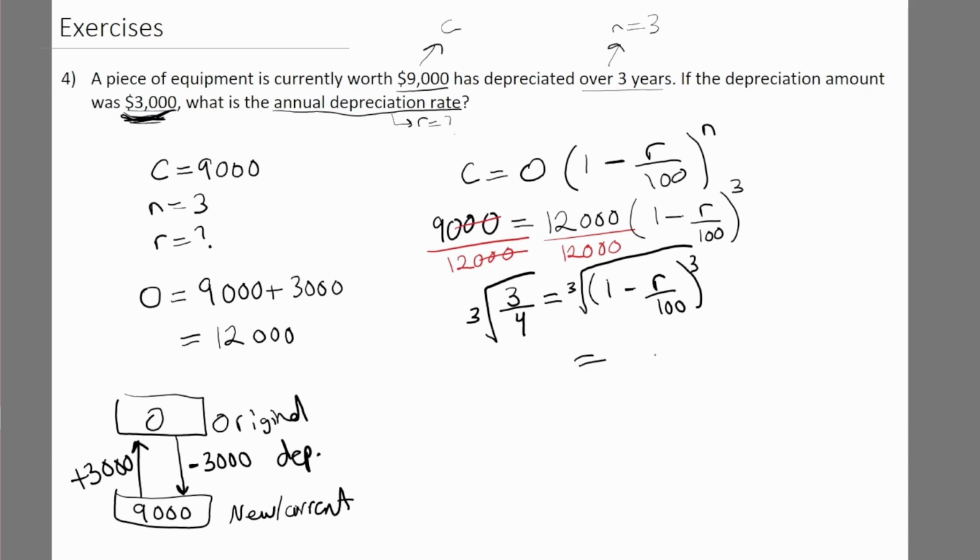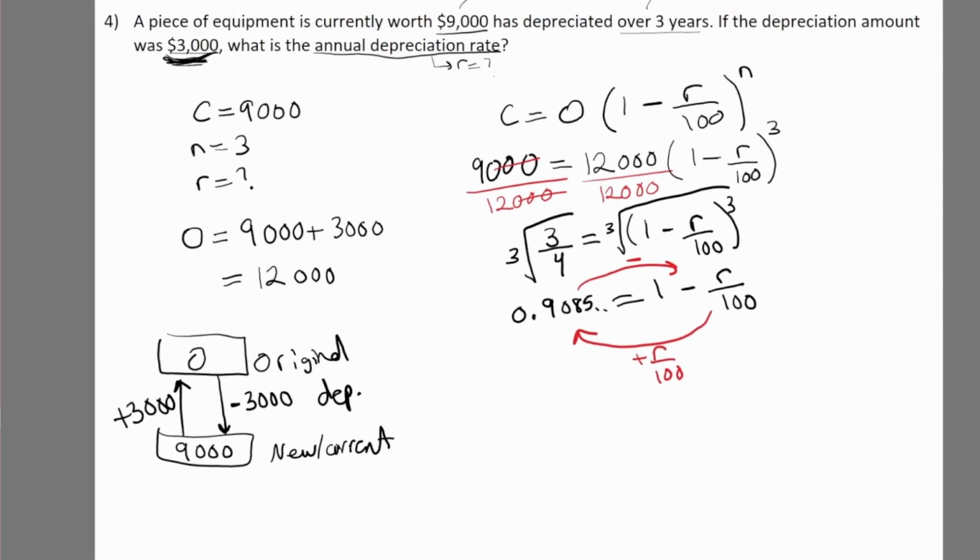So on the right-hand side, we are left with 1 minus r over 100. On the left-hand side, we have 0.9085 and so on. Don't forget to keep this accurate on your calculator. Now what I'm going to do is move r over 100 over to this side by adding it. And I'm going to move the 0.9 to this side by subtracting it. So we're going to get